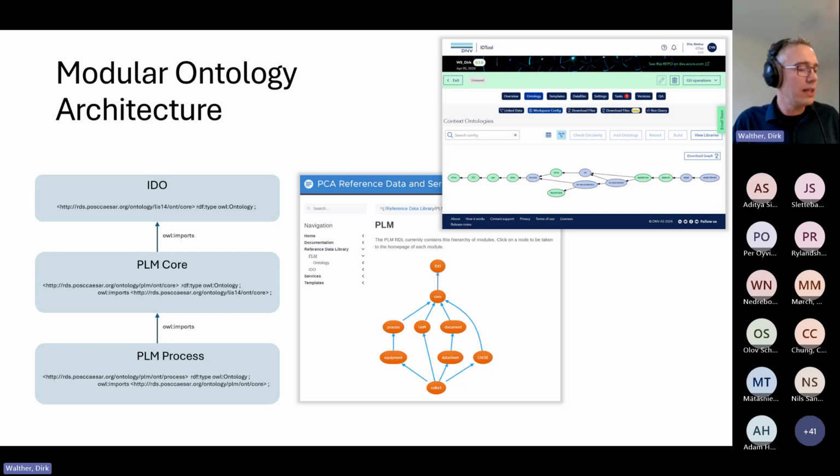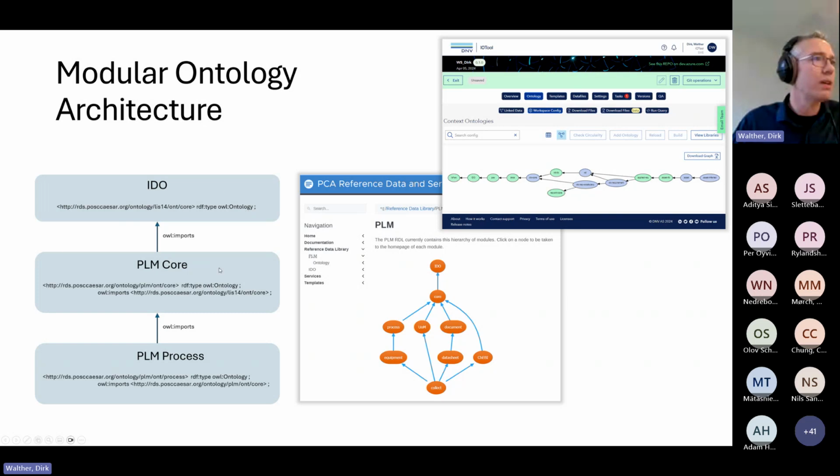Okay, so what is this modular ontology architecture that I was talking about? An example you can find on the PCA website. You see this graph here with the orange bubbles. Each bubble is an ontology module, and these blue arrows are the import relationship. If we go to the left here, we see how exactly that looks. Each of these are the ontologies, and we see that the ontology identifier is declared as an ontology.